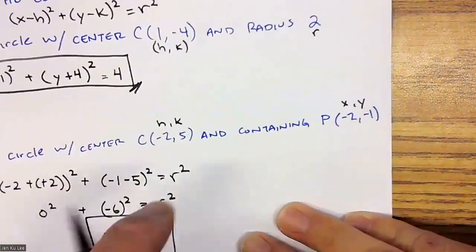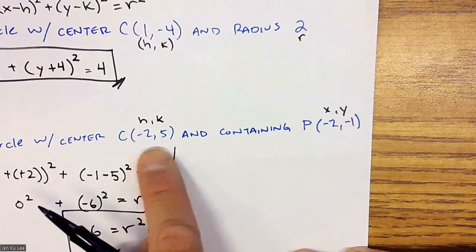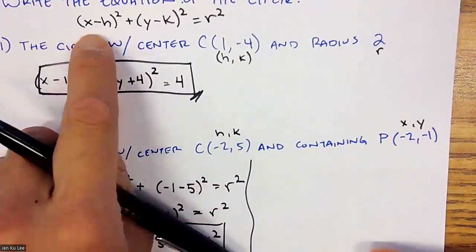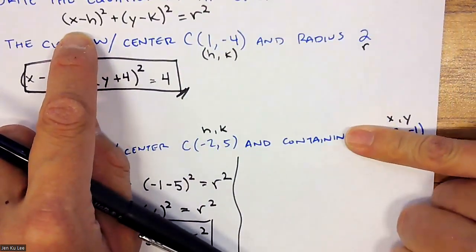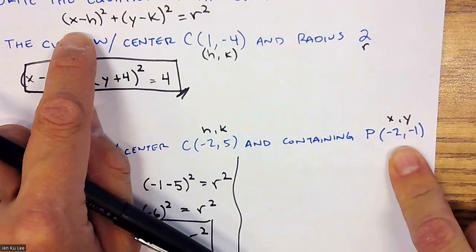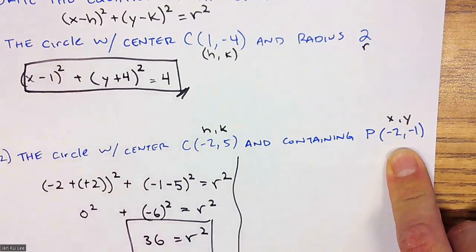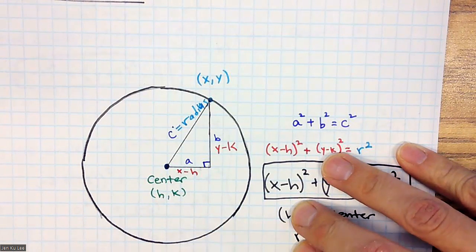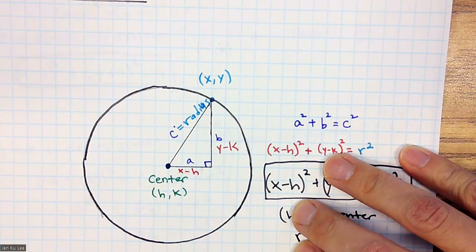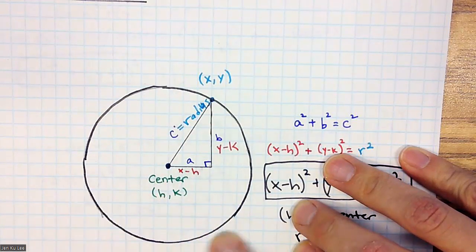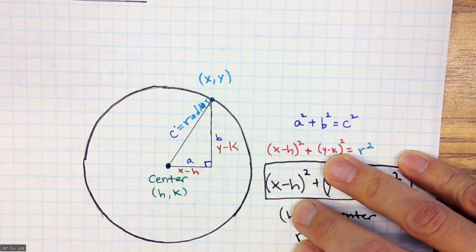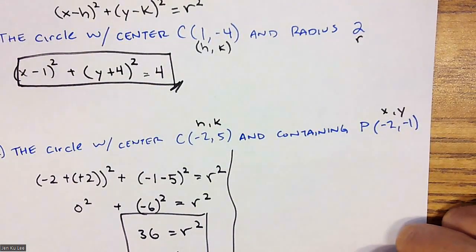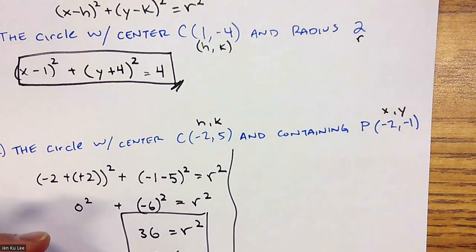So we have our r as 6 now. And we have our center at that point, -2, 5. So I'm going to rewrite this not using this point. Because this point is one of the points on the circle, correct? But there's an infinite amount of points on this circle. And all I want to know is the equation of all of the points. There's one equation that we can use an infinite amount of times to get all the points on